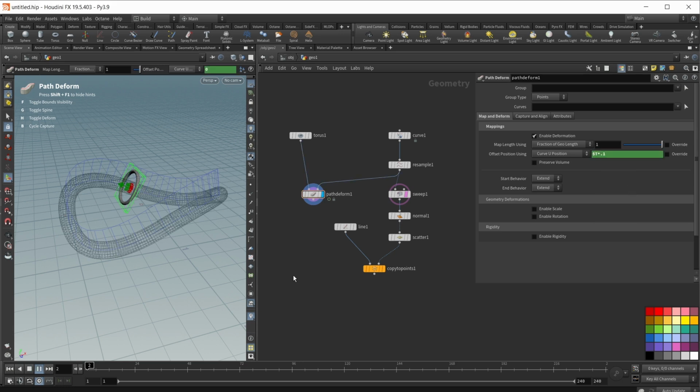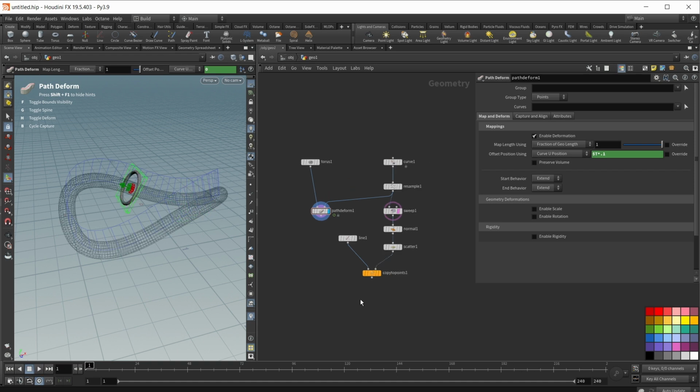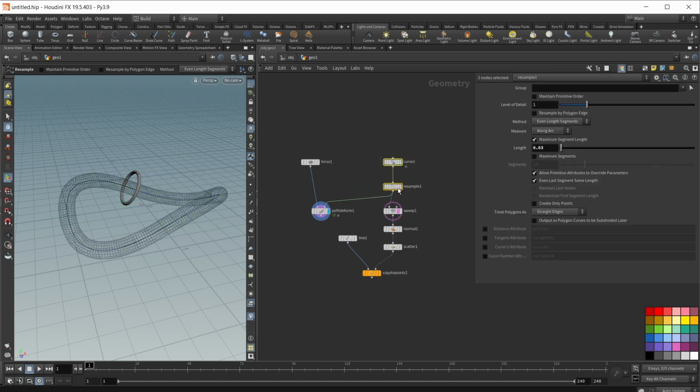Let's take a look at the result. Let's hit play on our timeline, and we can see the torus is traveling down our curve. And as we can see, we have a timeline of 240 frames, which is exactly 10 seconds. So in this case, our torus makes one perfect round around the path that we defined. And we can also change even the length of the path, and our torus will still make a perfect looping animation around the path. Now our scene is currently getting a bit cluttered, so let's make this a bit more orderly,